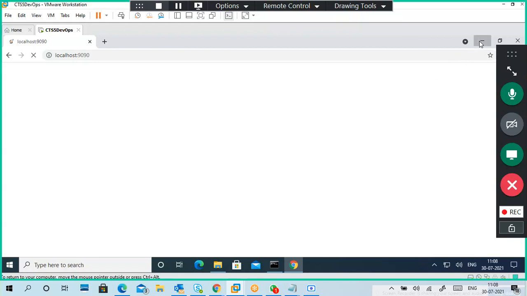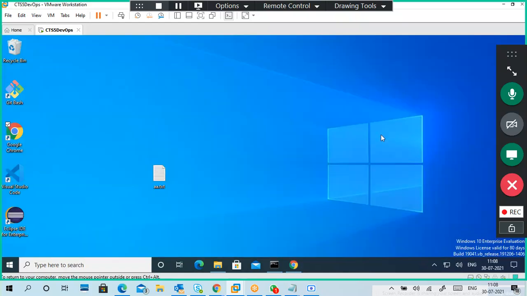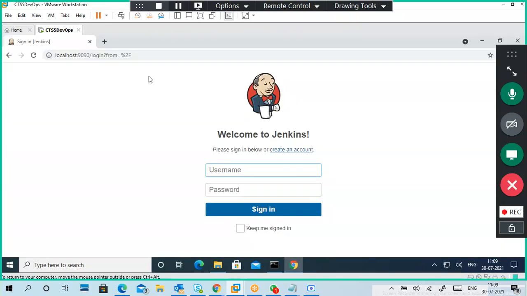Because my server and my browser are in the same location, because this is my PC, whatever the name of this PC is, every PC name is localhost only. When you are accessing within that server only, within that PC only, we can use localhost.